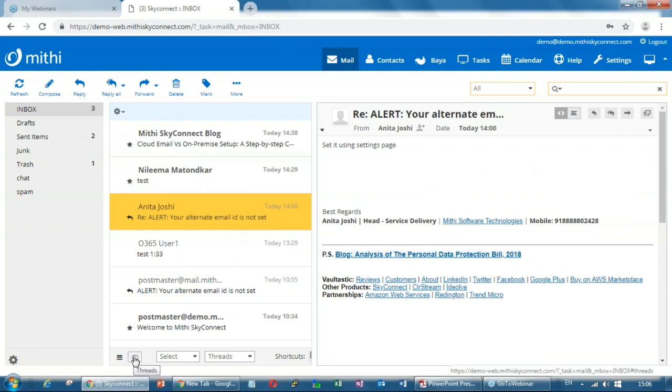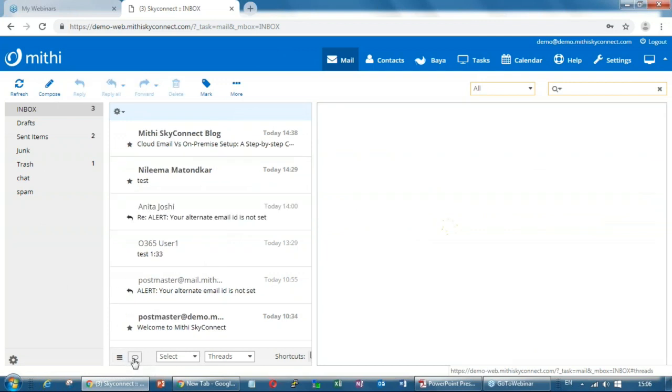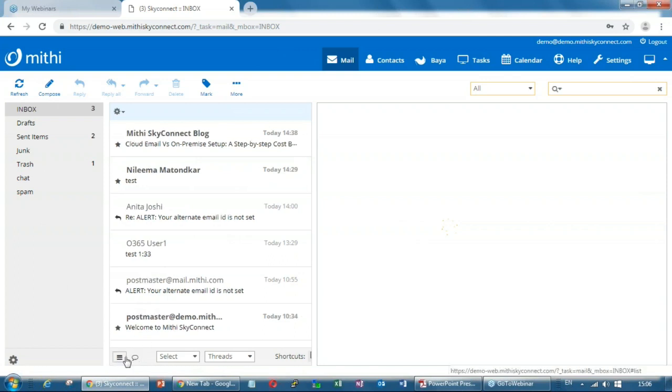Here you can see the mails in list view or in threaded view. That means in one single thread the entire mail transaction can be seen. So you can switch between list view and thread view.